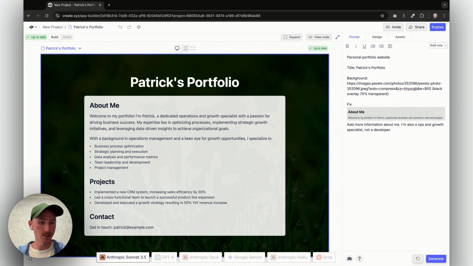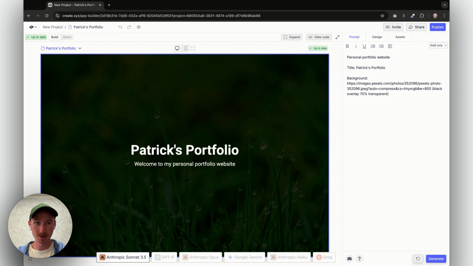One thing to note is that if I come down here and click retry instead of generate, this will actually reset the entire project. So if I go ahead and delete this and I click retry, it's actually going to generate a different variation. And in this case, it didn't assume the content that we wanted to fill in. So if you want to get a new fresh try, you can always hit retry, but fix is really great